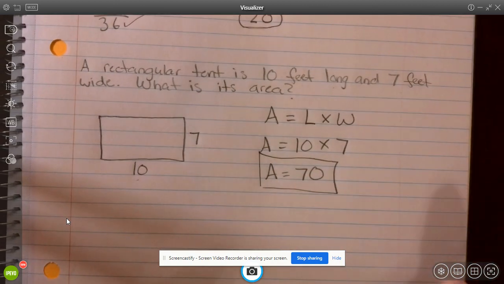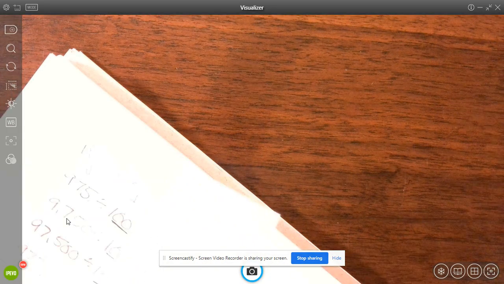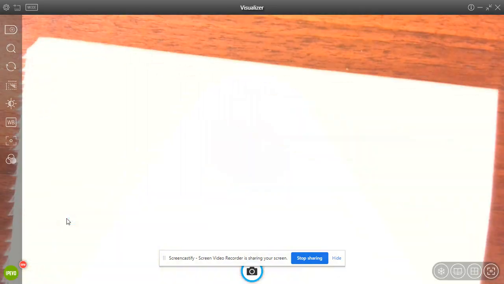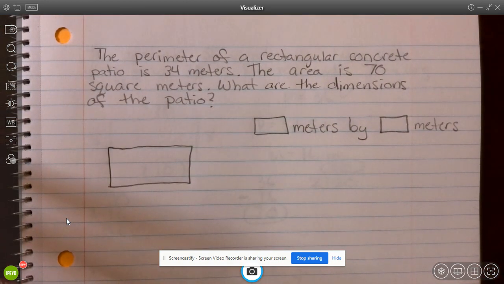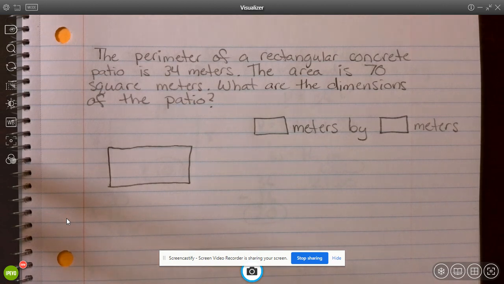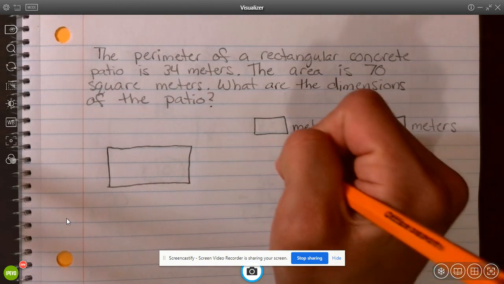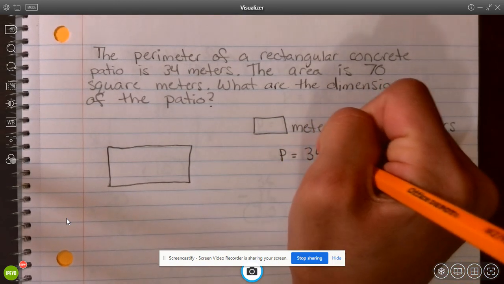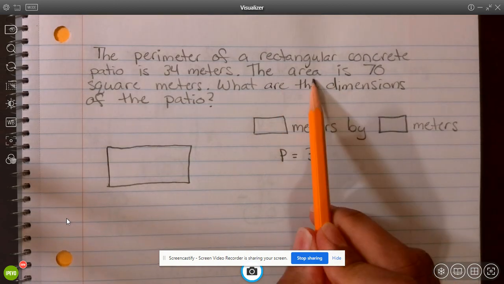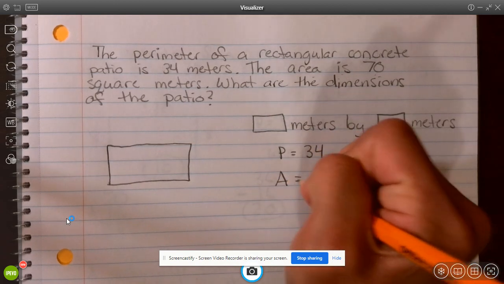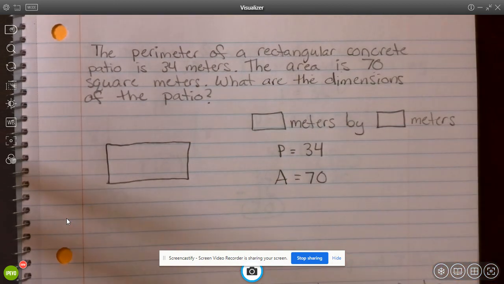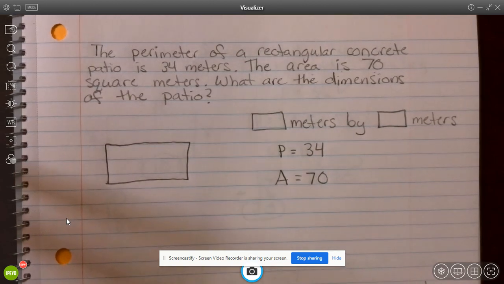Now let's try one that's a little bit more complicated. This one says, the perimeter of a rectangular concrete patio is 34 meters. So the perimeter equals 34 meters. The area is 70 square meters. So A for area is 70 square meters. What are the dimensions of the patio? Okay, so we know